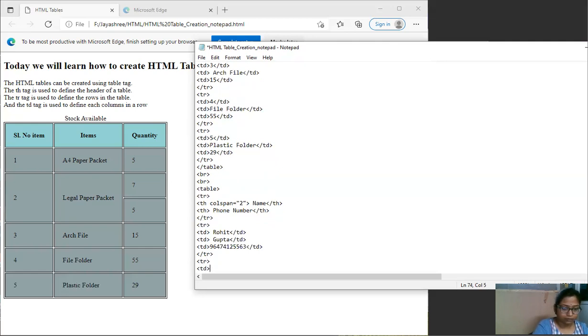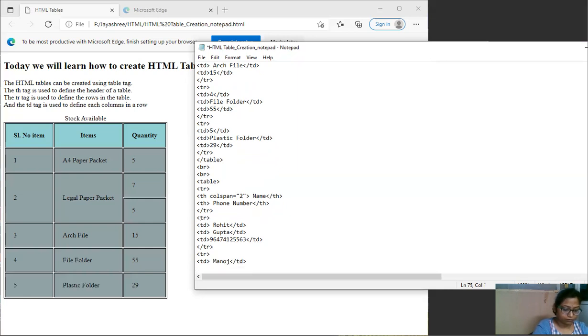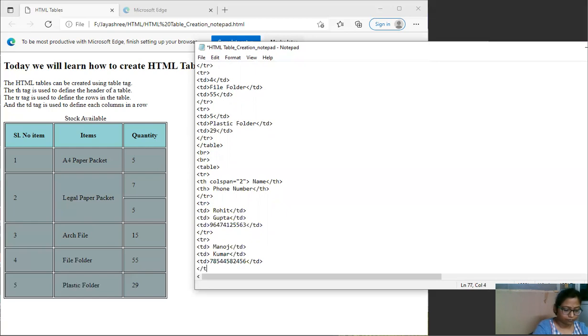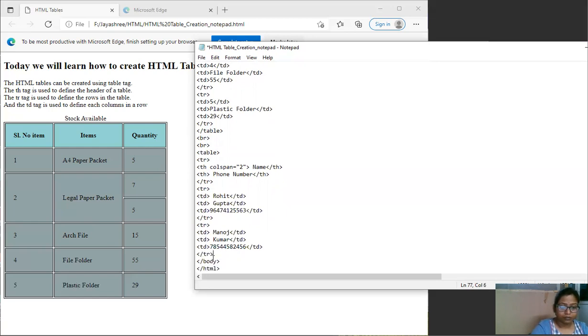TD, say Manoj Kumar. And phone number is say, close the table.